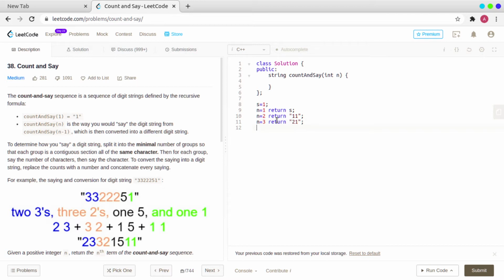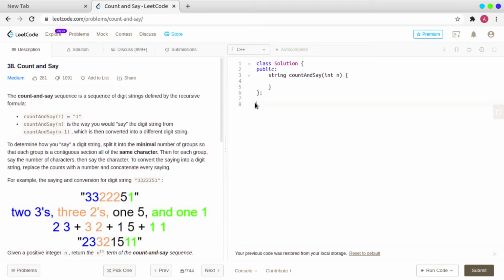So I think the sequence is so interesting. If n equal to 4, what are we going to return? 1 2 1 1. For example, suppose this is 1 1, so how will I write it? We have written this as 1 1 and this is 2 1. So what we want is 2 1. Similarly we have written here 2 1, and similarly what I am going to do is 1 2 1 1. So I think the sequence is quite easy to understand.